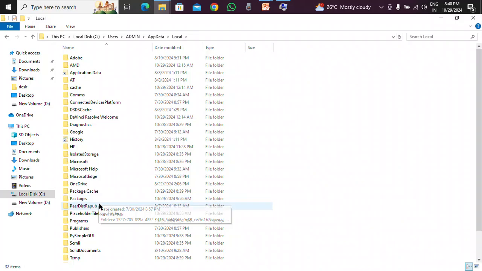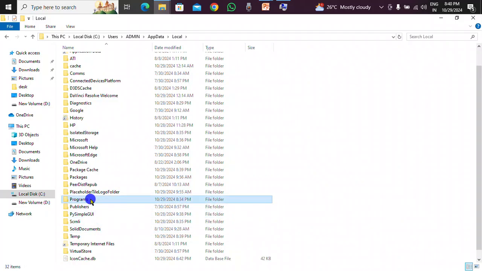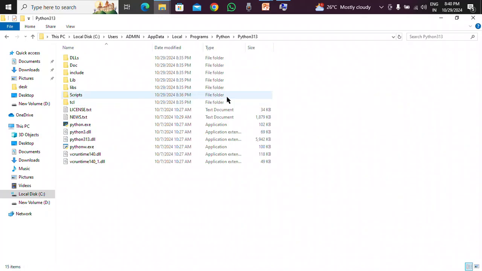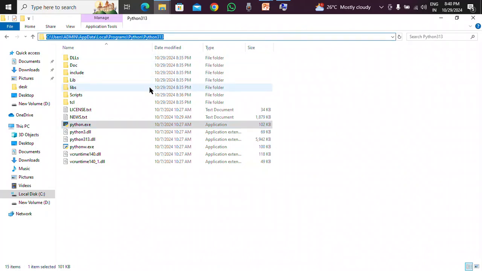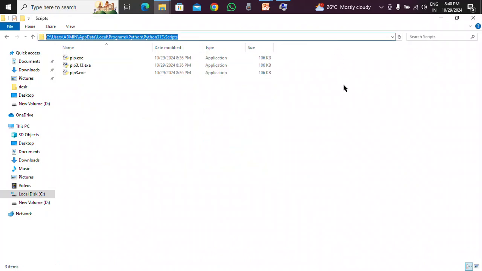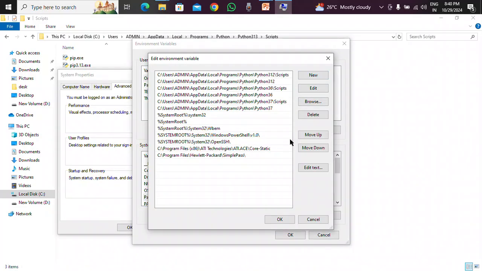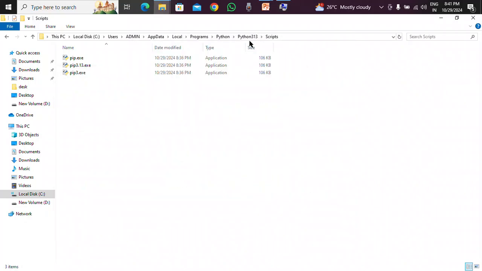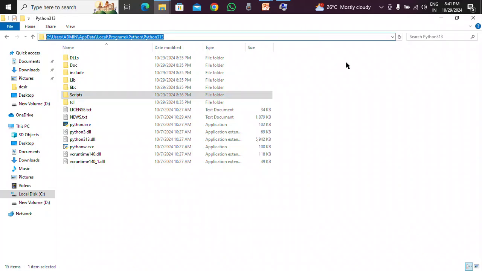Here we can find Programs, Python. So here three versions have been installed. From here we can browse. Python exe is there, Scripts. So this is the path we are going to add to the variables. New, Scripts. Okay, again, just the Python. Yes,